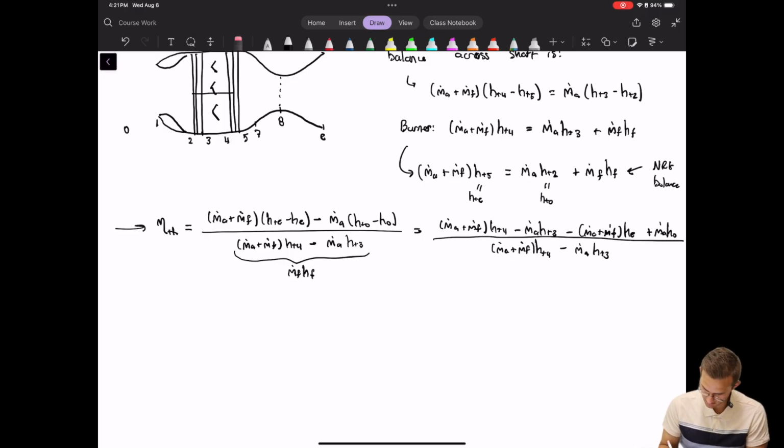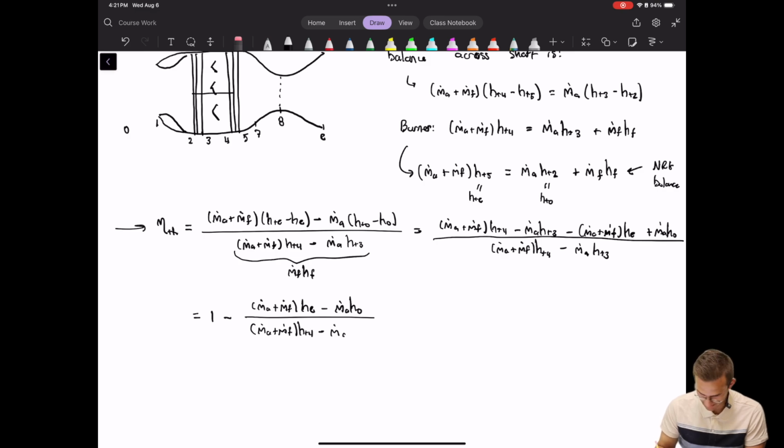Okay, and then just doing a little bit of algebra here, we can take out the 1, and then you have (m dot A plus m dot F) HE minus m dot A H naught